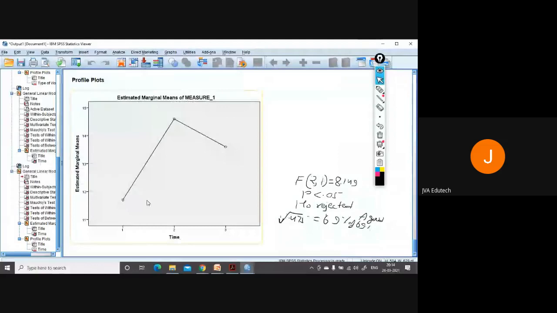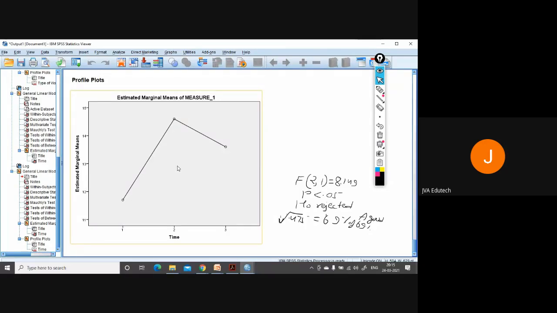Now see the profile plot. At different times, this is changing. So their scores in algebra increased from the period when they entered into the course and when they completed the course. That is the second category. And there was a slight decrease in their scores when they were given the test 6 months after the end of the course.